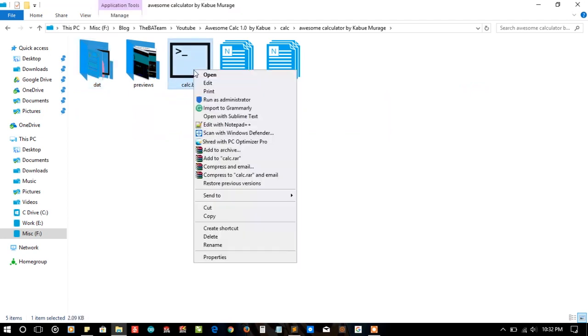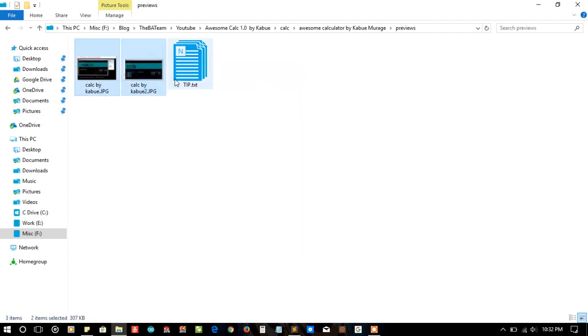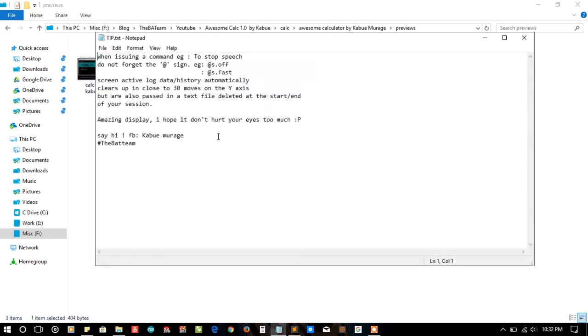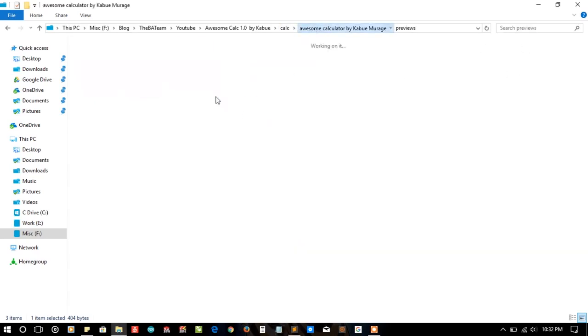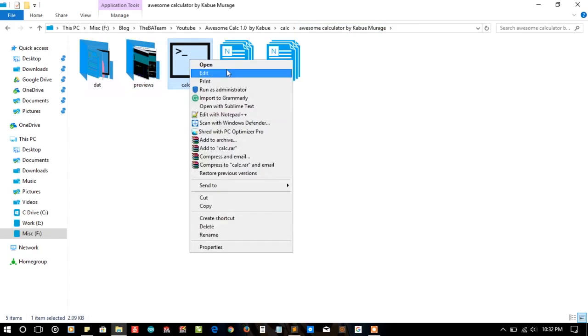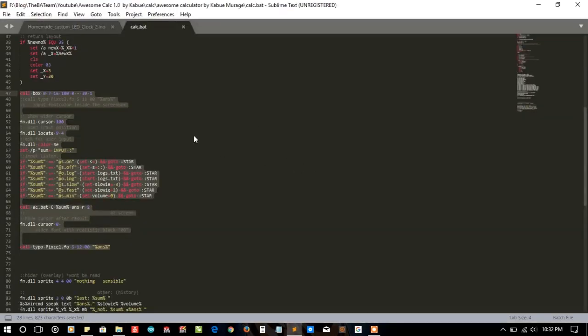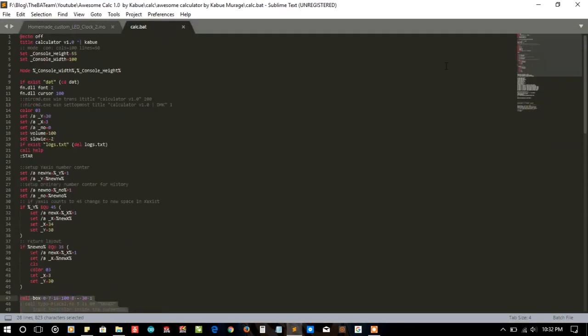Let's talk about the main code, and you can see the previews when you download this function from the link given in the description. Okay, there's the same tip. You can read a descriptive article on it. I'll try to explain as much as I can. Here the code of the calculator from Mr. Kabue or Mr. KM looks like this, and here they are setting up some values and the console size,